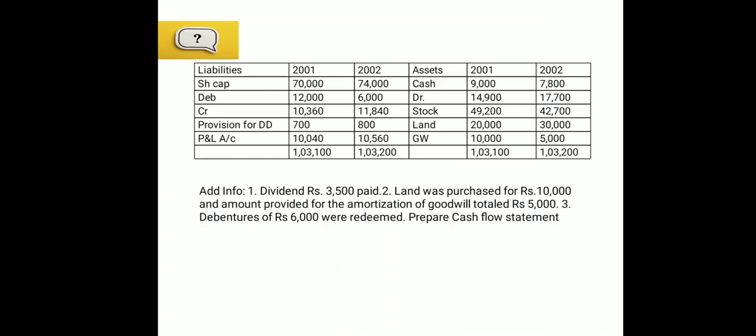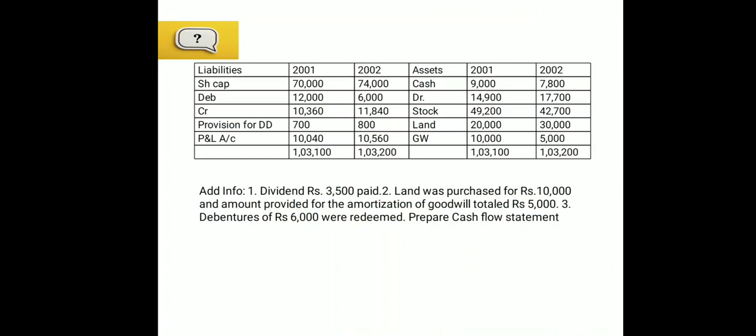And when I'm purchasing the land, it is an outflow, because when I'm purchasing something, I have to pay cash. I am paying, so it is going to be an outflow. Under the cash flow statement, what we have learned is that any transactions related to fixed assets or long-term investments, which affect your cash balance, will come under the heading of which one? Cash flow from investing activity. So this time we are purchasing, so it will be an outflow.